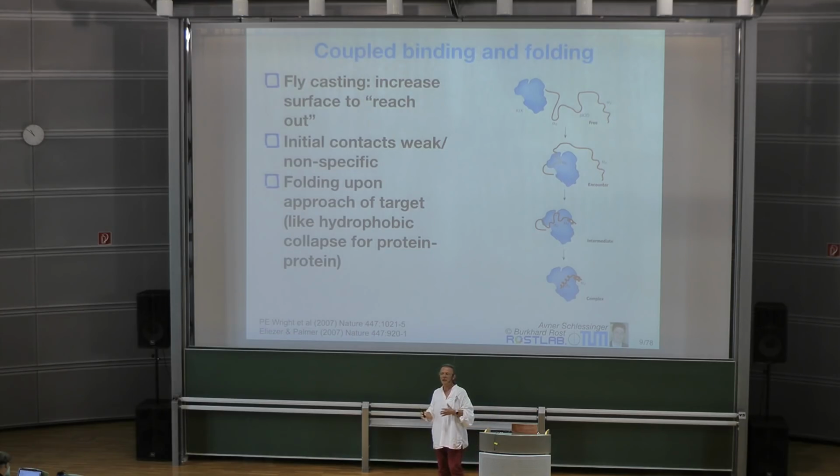Then the analogy: the fly, the fish takes the bait. In the world of proteins, essentially a weak contact is formed. So the line is sort of thrown around this one here, and there's a slight contact that is forming. And this slight contact then sort of pulls the rest in, and then you have an induction of, in this particular case, these two helices. That's the idea. So you do this in order, for instance, to increase the reach